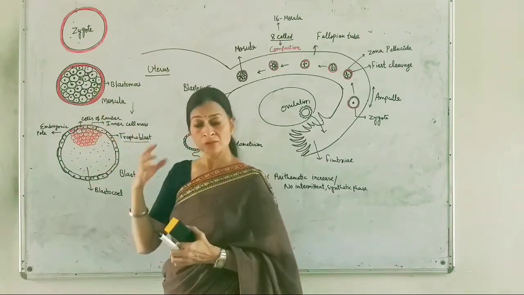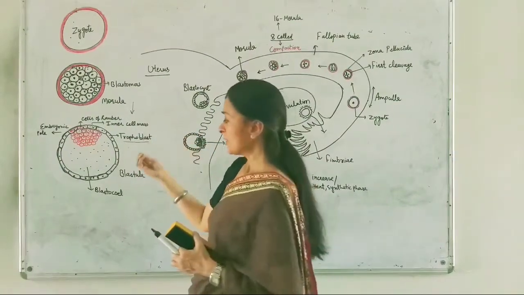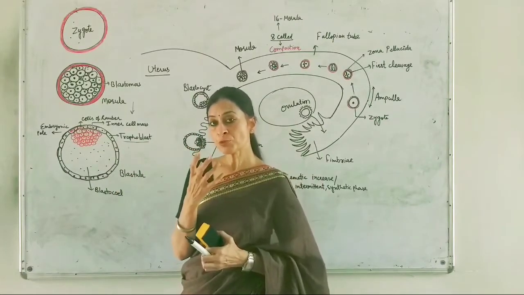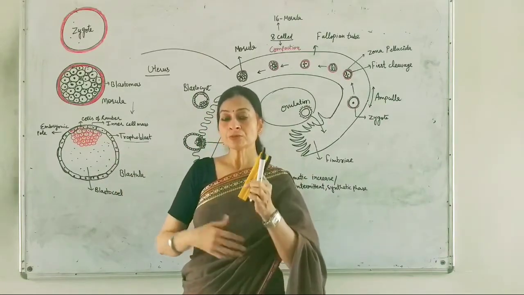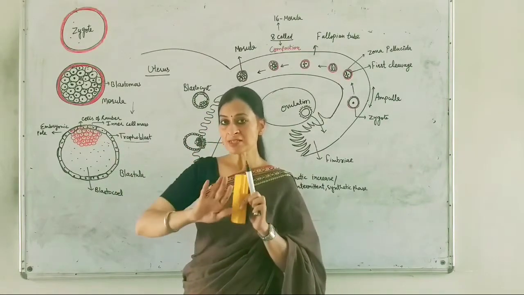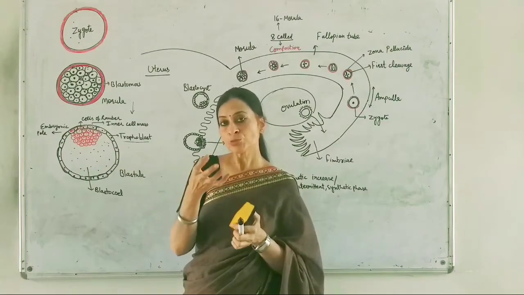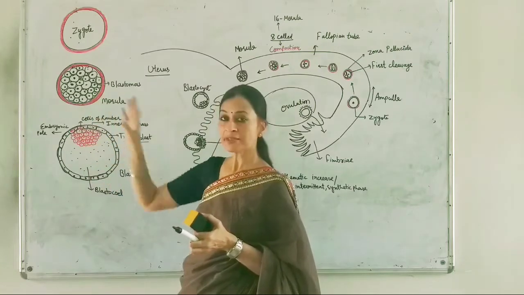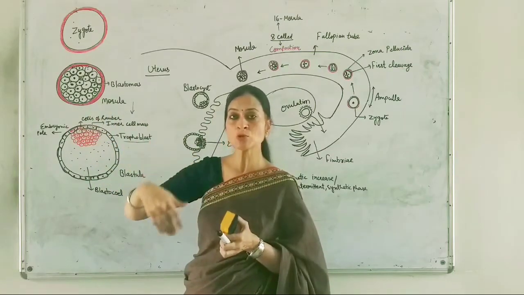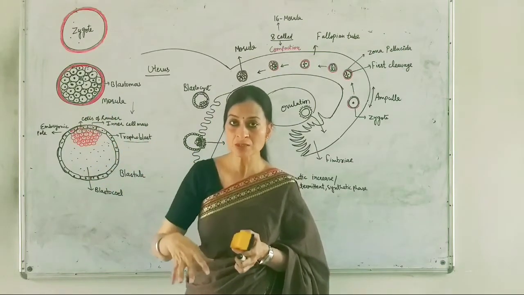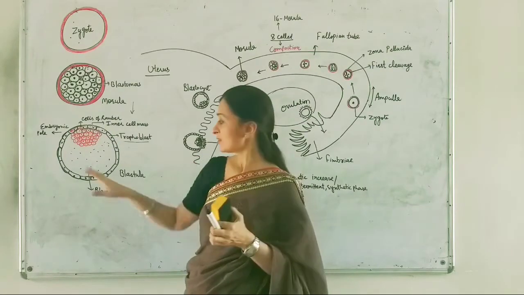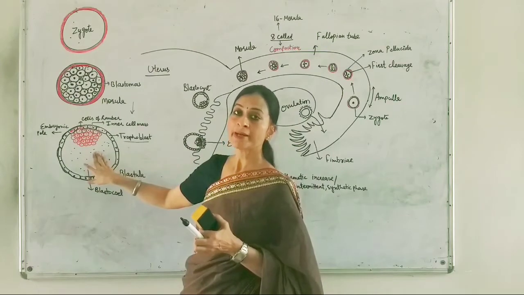When the morula is going to convert into this blastocyst stage, there is an event when the cells start moving and there is formation of a cavity. You can see the cavity here. In morula there was no cavity, but when morula differentiates into blastocyst, the blastocyst has a blastocele, the cavity which is filled by liquid.